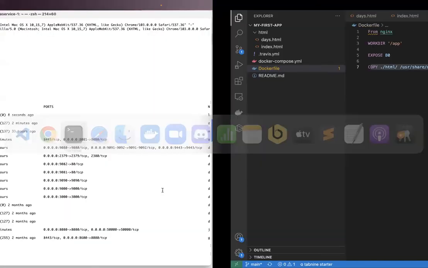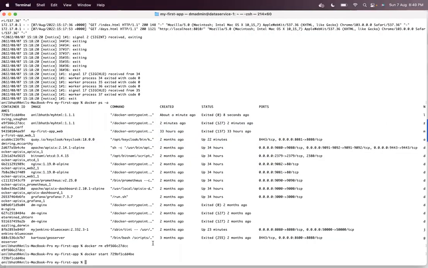Now you can run this particular container when you execute docker run, right? There is a special option called docker run -d. The -d will run a particular container in the background. So I will show you what that actually means. Let me delete this particular container once again, with the container ID.